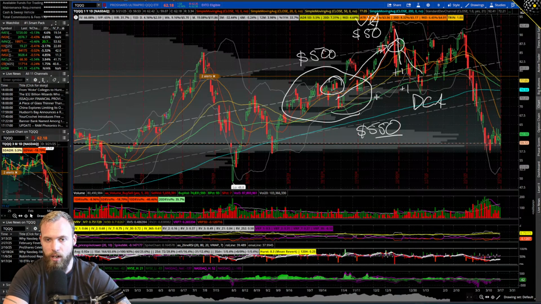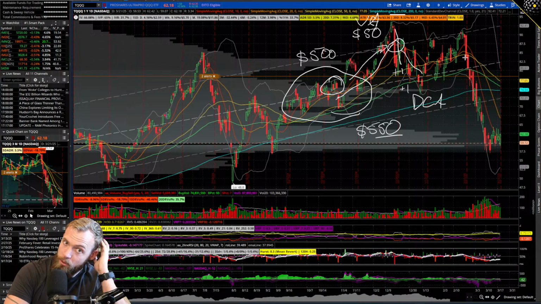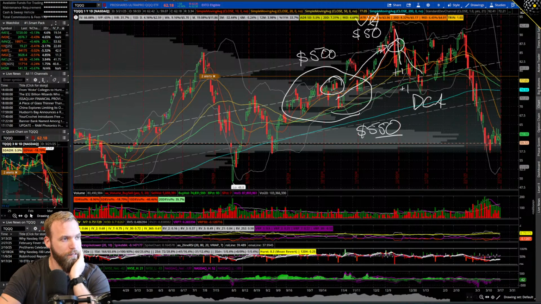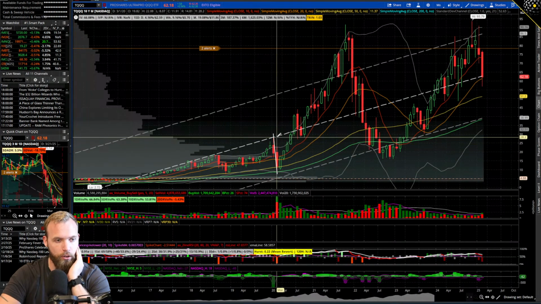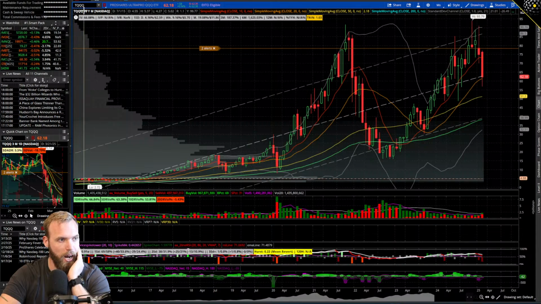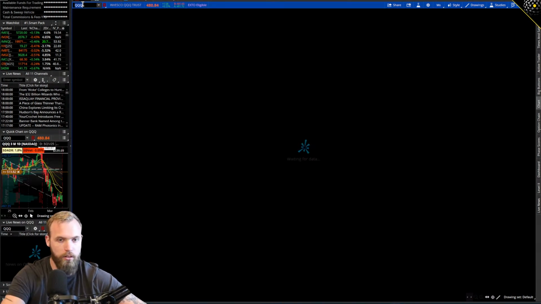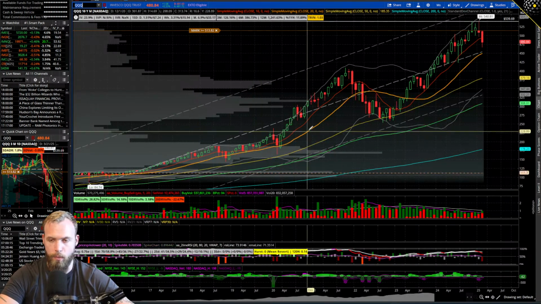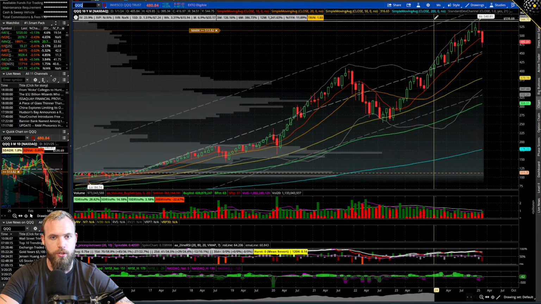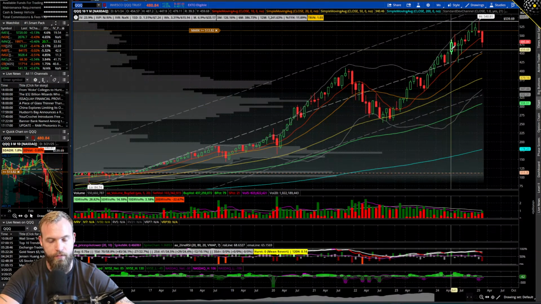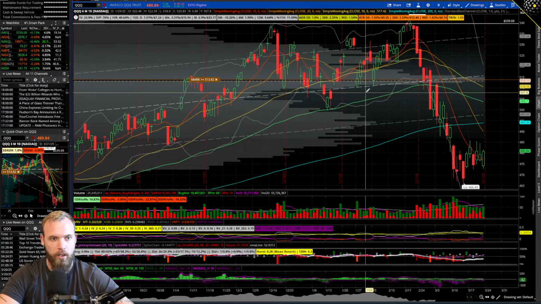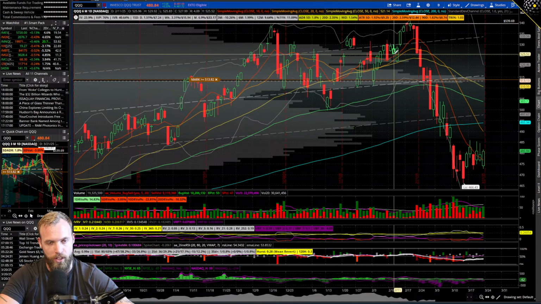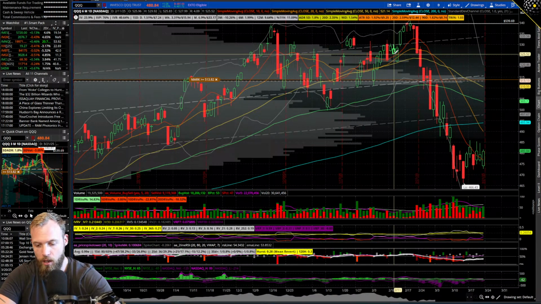But this is how I use the covered strangle to not only play the longer term effect of the indices, which is if we zoom out long enough, we can see the longer term effect of the indices is they tend to rally. I'll go into QQQs, the underlying in this instance. So this is the last 10 years monthly, right? Tends to rally. So there's absolutely a drift effect by the market with these, but then I amplify my exposure by playing these shorter term moves with options and then a mix of dollar cost averaging and value averaging.